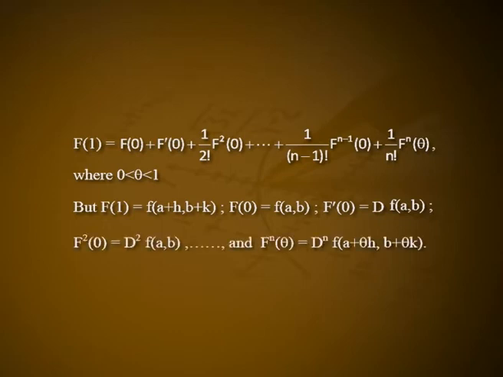But F(1) = f(a+h, b+k), F(0) = f(a, b), F'(0) = Df(a, b), F''(0) = D²f(a, b), etc. and Fⁿ(θ) = Dⁿf(a+θh, b+θk). Substituting these values in the expression of F(1), we get the following: